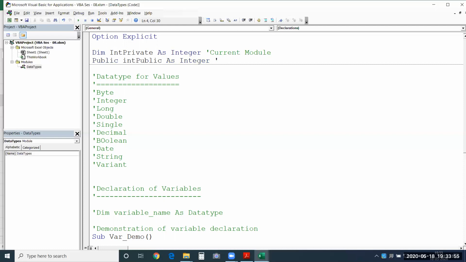That is, the current project. Now, when I say current project, so within this workbook, how many ever modules you might be having, or even different types of modules you might be having, you could use this particular variable in all those places. So in all those modules, you could be using it. In your current project, you can use this variable. Okay, now let me show you how to use it.